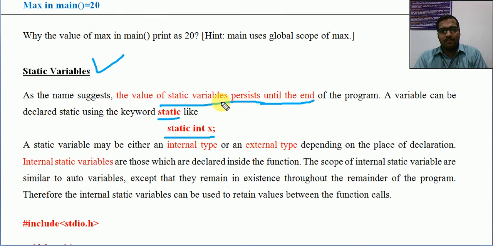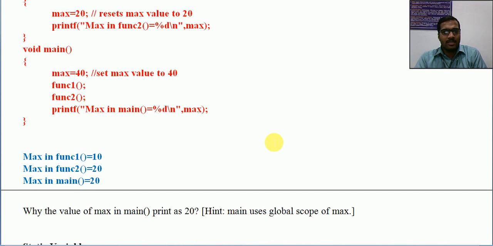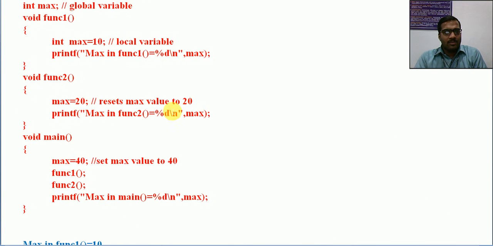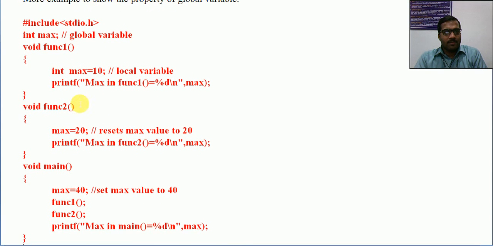The value of static variables persists until the end of the program. Just listen here. When we are using a variable and we come out of that program, for example, look at the previous program.